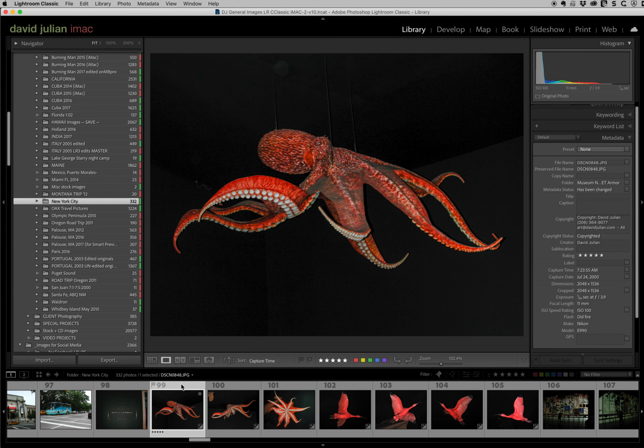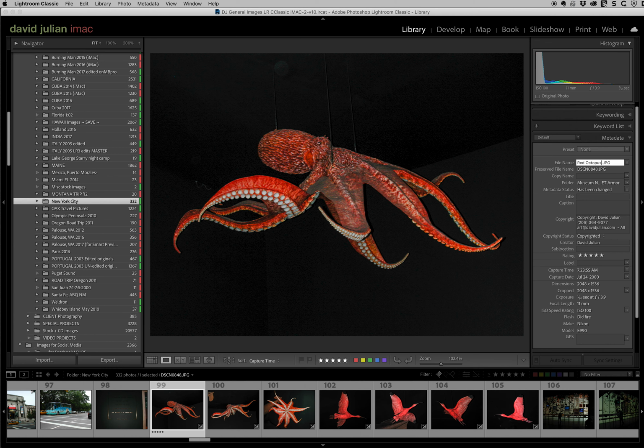So if I want to just rename a single image, the way you do it is you select the image, that's the way it's highlighted, and you go in here and you click in file name, but you have to be careful because Lightroom automatically includes the suffix, the file type, and you don't want to rename that ever. So here I'm just going to type in red